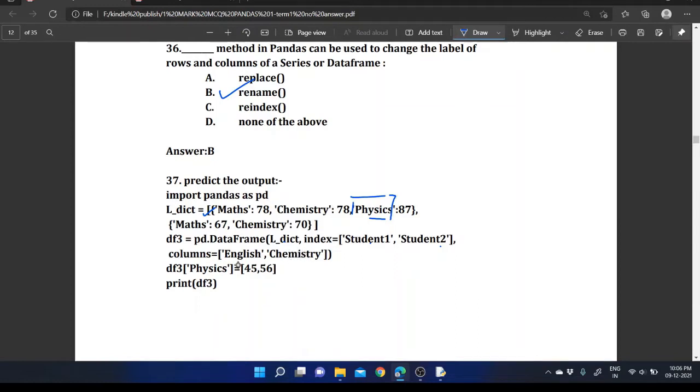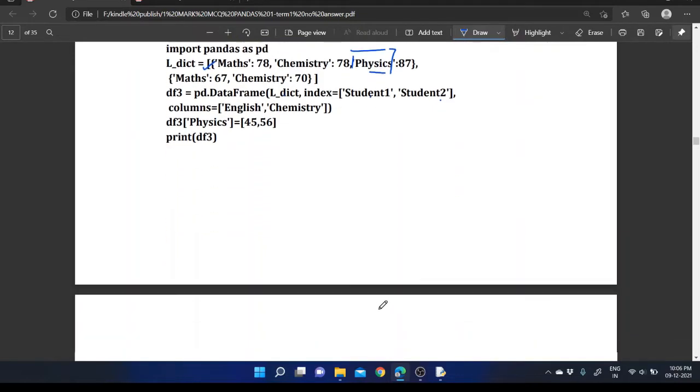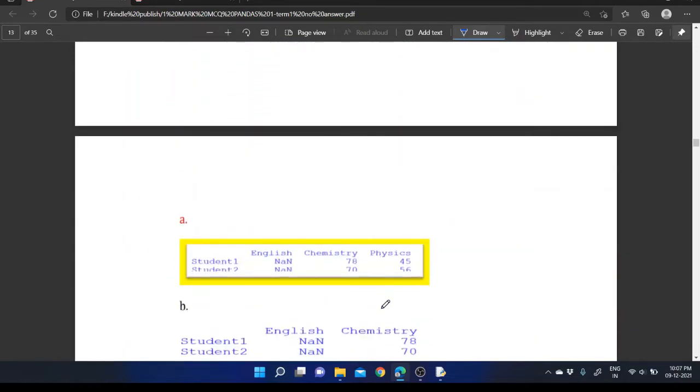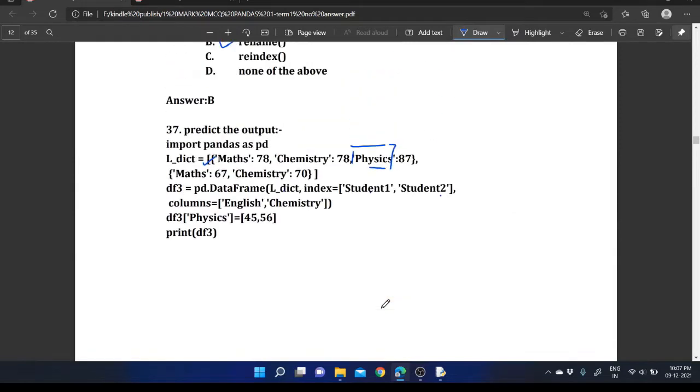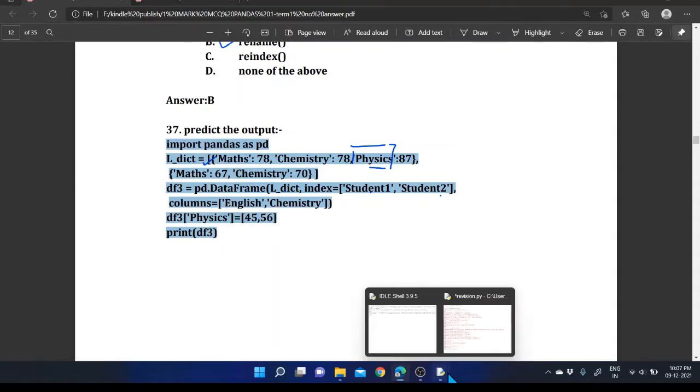Then df3 within square bracket physics equal to 45 comma 56, and print of df3. So with that coding, which output will we get when we execute this, whether it executes correctly or provides an error message? That's the question. So we are going to execute this coding within the interface as the first step.